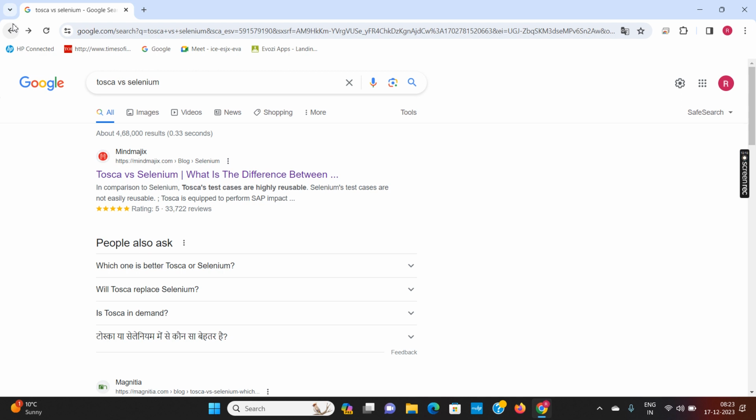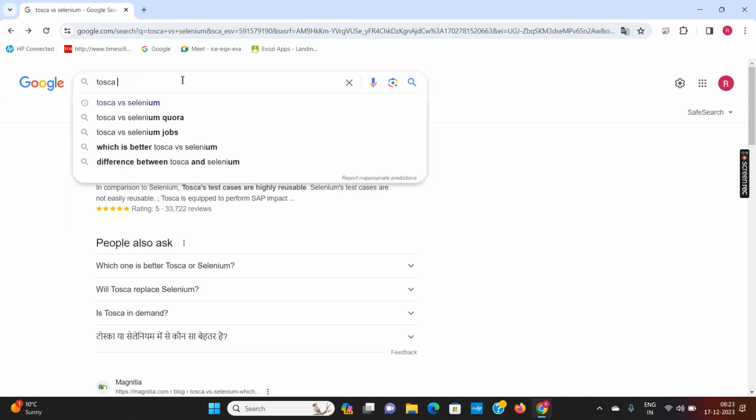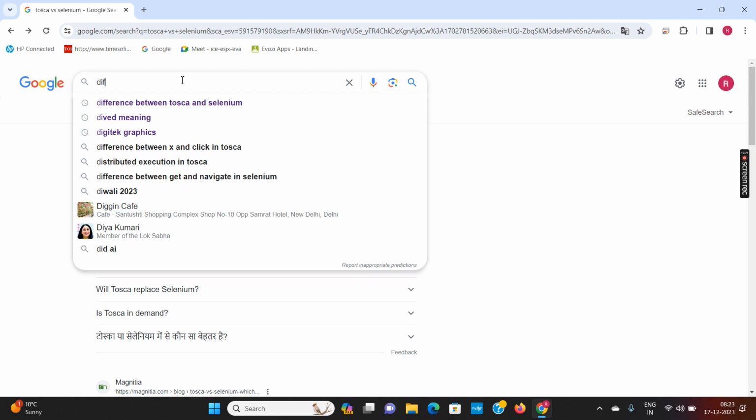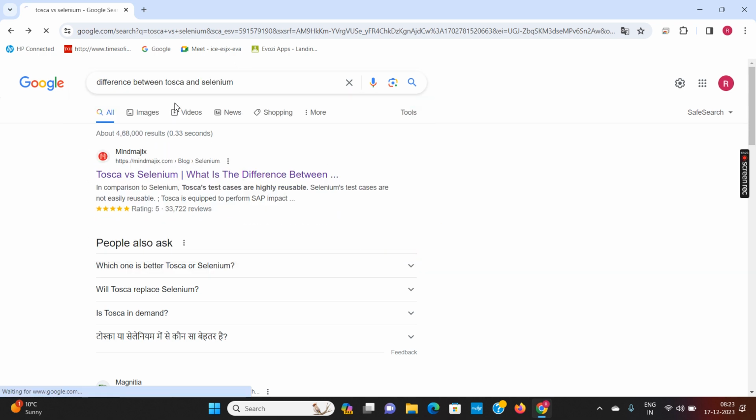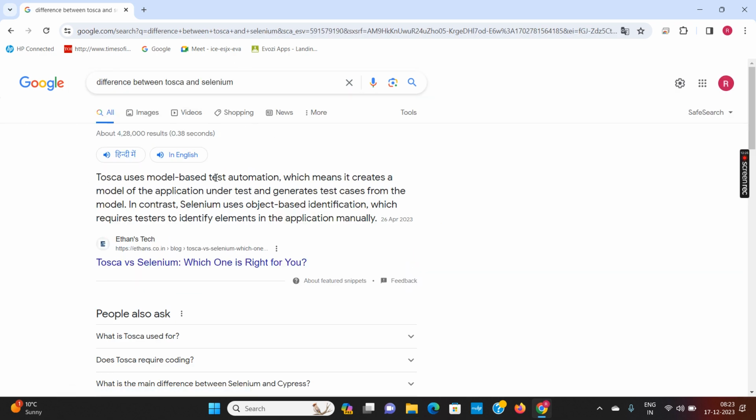So when we are talking about Tosca, Katalon, or any other tool, I will see the difference between Tosca and Selenium. Tosca's model is automation, which means we create a model test and generate test cases.